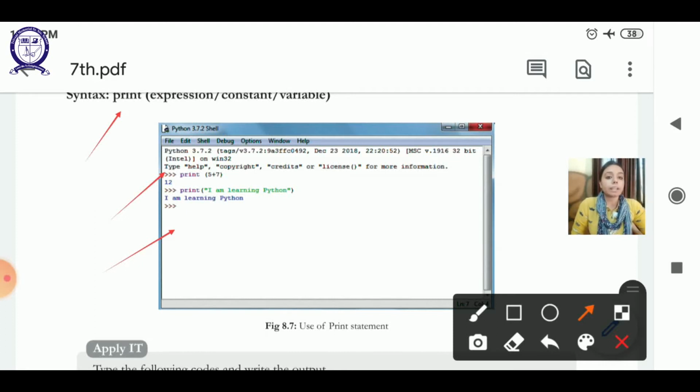So we can see that this is a collection of characters and this is a string. It shows the output I am learning Python as it is. For any mathematical operator with the data, it will give the proper output, and for any string type of data, the same thing will be shown which is there in the double quotes or the single quotes.